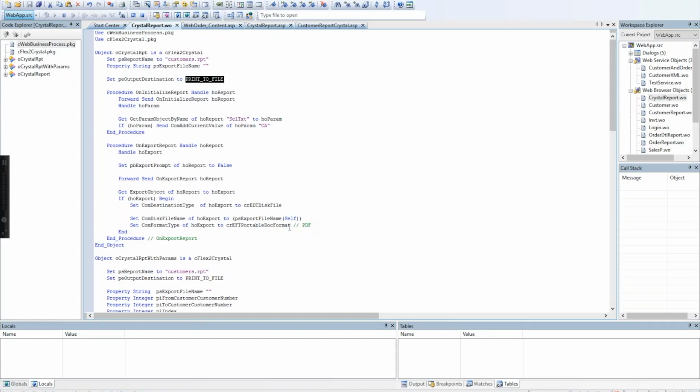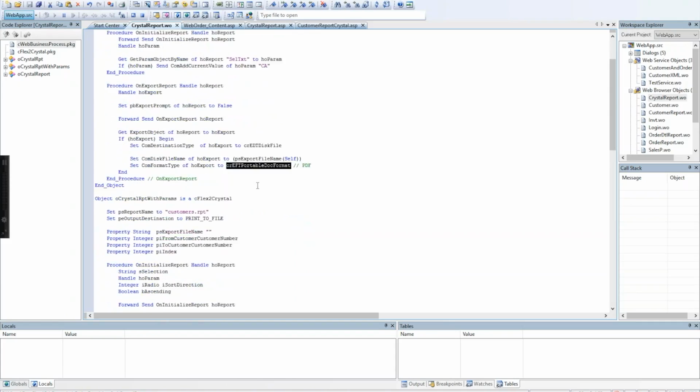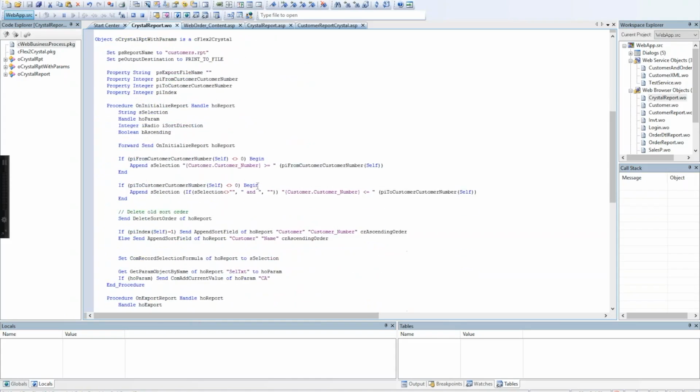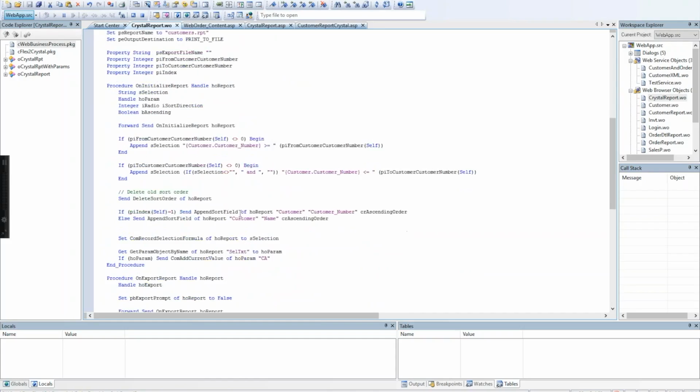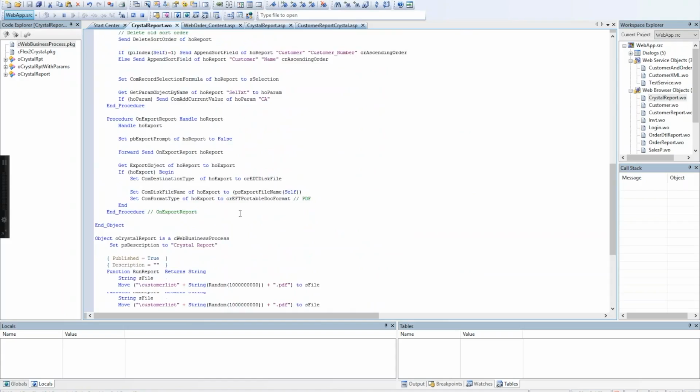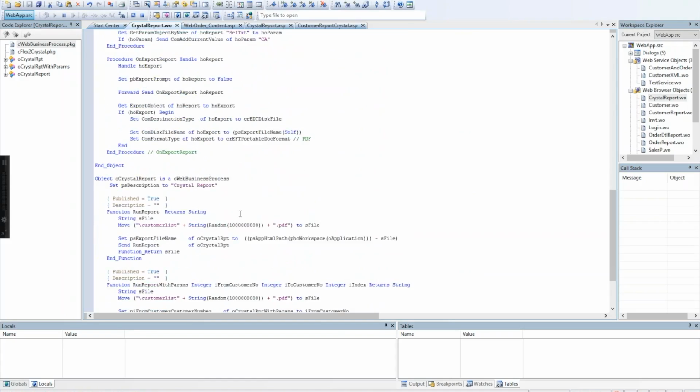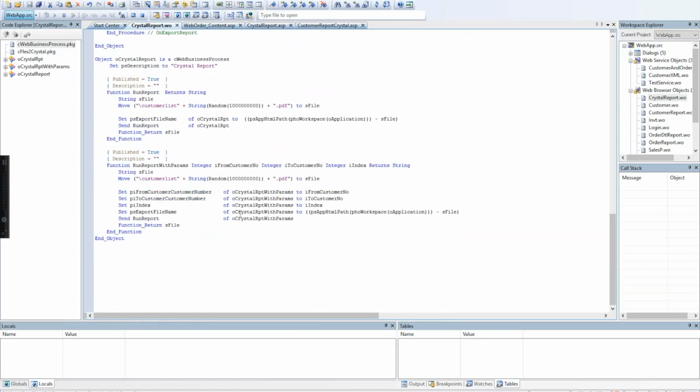We have to tell it what type of file we want to export. Now, the name of the file that's being exported actually gets set a little bit further down. So this is just the second report. This one's actually doing some selection criteria for it. But if we go down to the actual web business process, all I have here is just two functions that I have published,